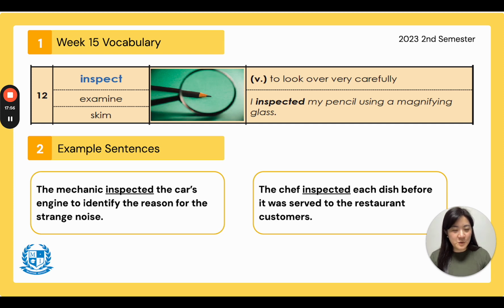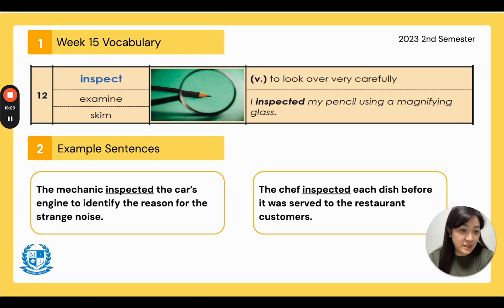I don't know why you would do this, but maybe you wanted to look at your pencil really up close. So I looked at my pencil very carefully with a magnifying glass. Repeat. I inspected my pencil using a magnifying glass. Very good. My example sentence, it says, the mechanic inspected the car's engine to identify the reason for the strange noise. So sometimes your parents' cars will make some funny noises,